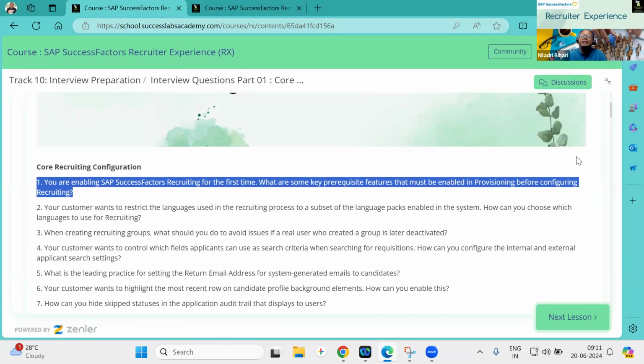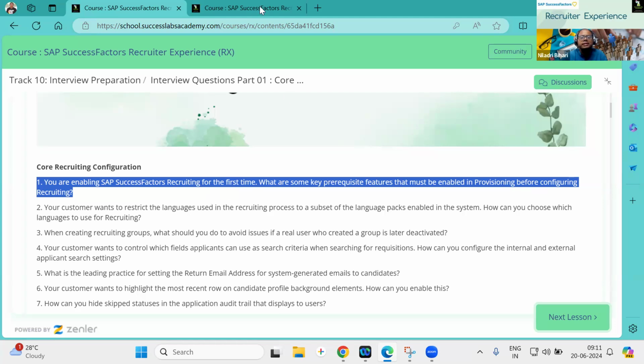Just as usual, this is a common thing in every module in SuccessFactors you might have seen. There are certain prerequisites which you must enable in the provisioning, which is the backend of the SAP SuccessFactors systems. Only certified consultants will have access to it. Even as per the SAP protocol at this moment, as we speak, even if your administrators are certified, they will not be able to access it. It is only limited to the partners or consultants who are certified, right?